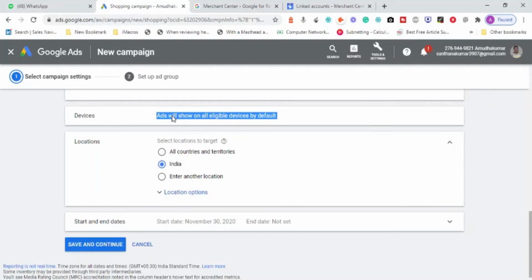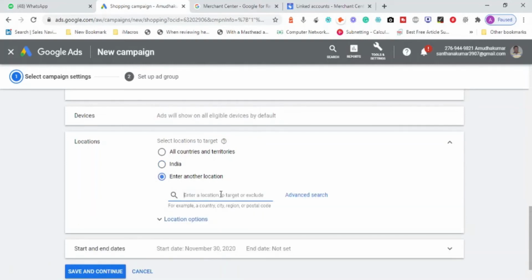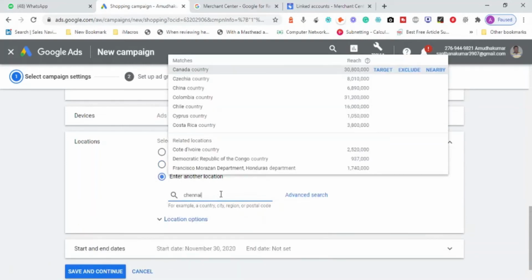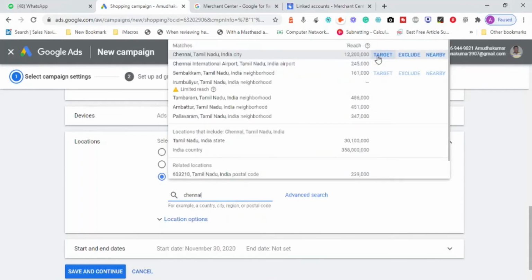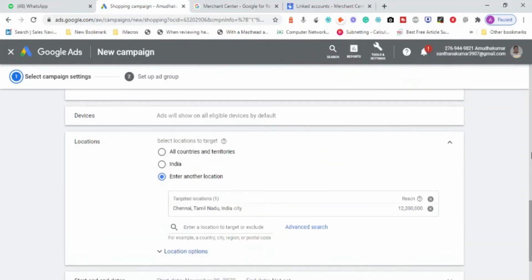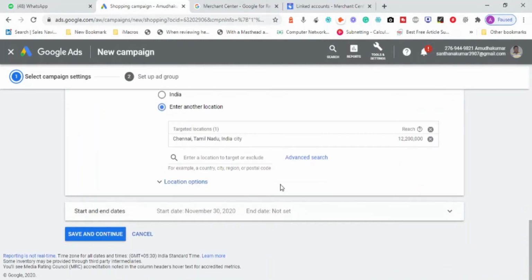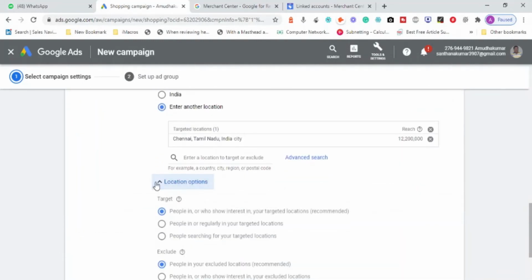We have selected the market target as India, but if you want to select your location, you can go ahead and select a specific location. Search for your specific location and click target. Your advertisement will be shown to those people who are interested in it and staying there. If you want to restrict that, you can go here.